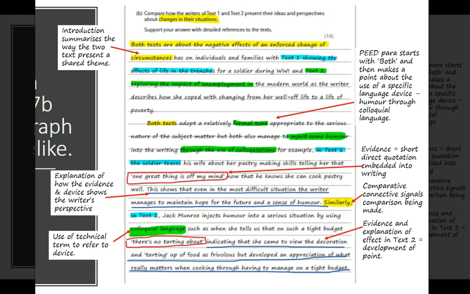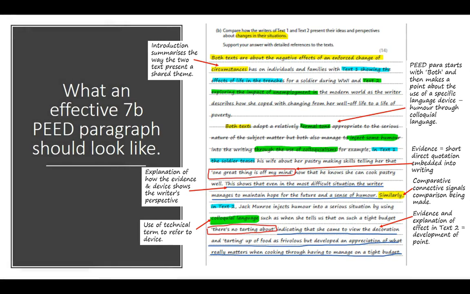So in terms of how that breaks down, the point is a similarity of specific language feature here, then some evidence from text 1, comparative connective, reference to text 2, evidence from text 2, and then an explanation of how that evidence is working within text 2. So you can see that the response to 7b needs to be much more detailed. It needs to be more technical in terms of the language you use and the effects that you are analysing